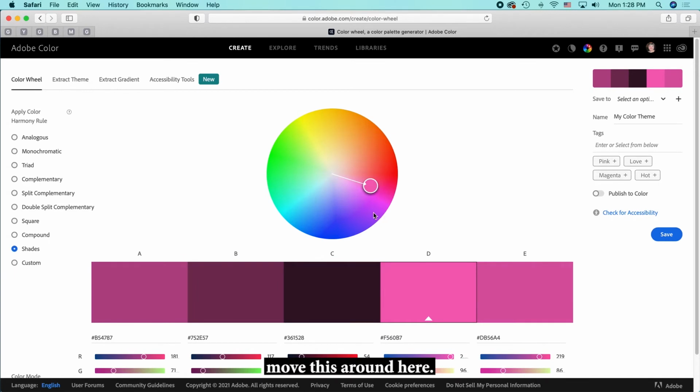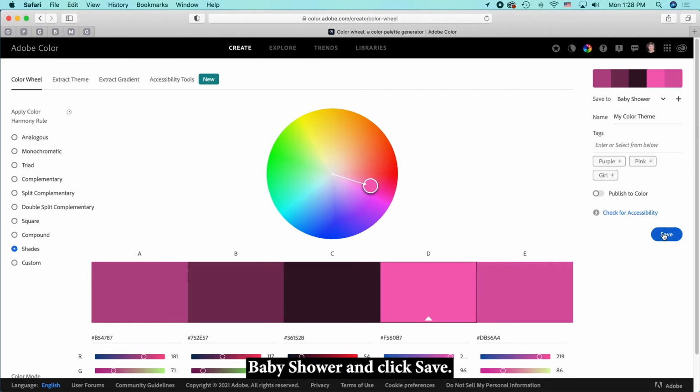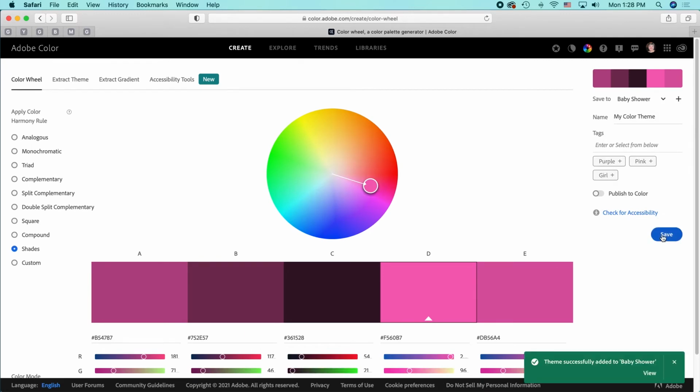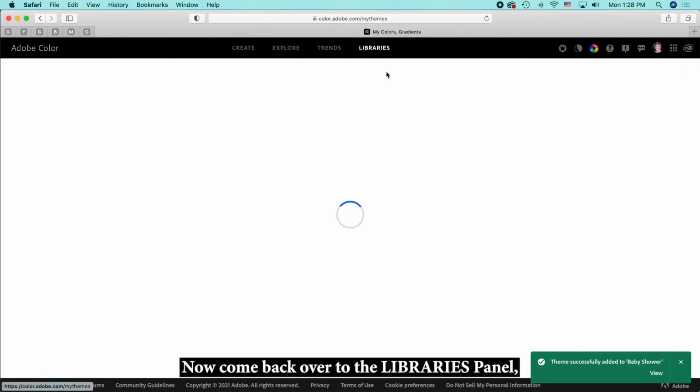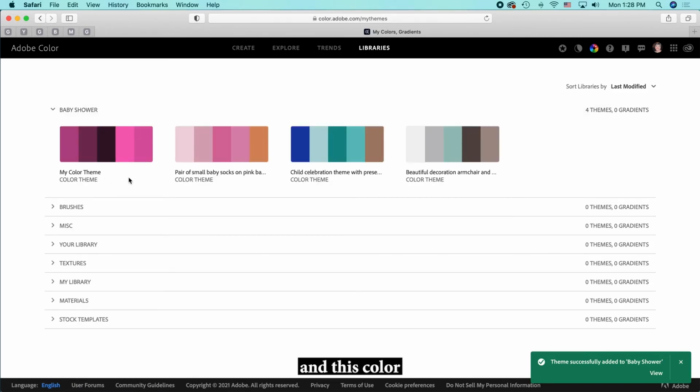Move this around here, and I think I might be able to use some of these colors in my project as well. So I'm going to come over here. It says Save To. Let's pull this down, and I'm going to choose Baby Shower and click Save. Now I can come back over to the Libraries panel, open up Baby Shower, and this color theme has been